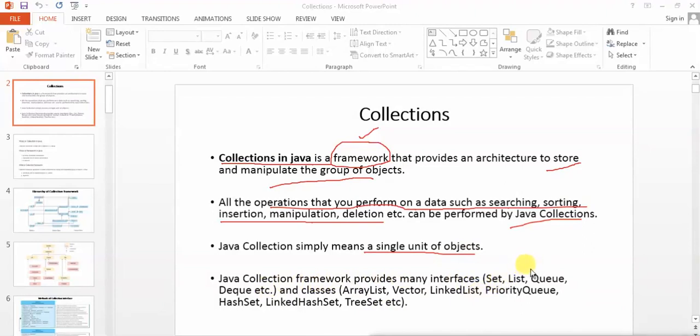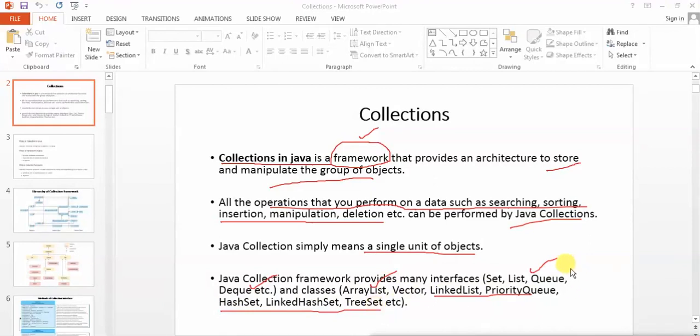Like you will see that I have list, queue, doubly-ended queue, array list, you're already familiar with that, vector, linked list, priority queue, hash set, tree set, and so on. So there are many things inside the Java collections with the help of which you can store and manipulate the data.